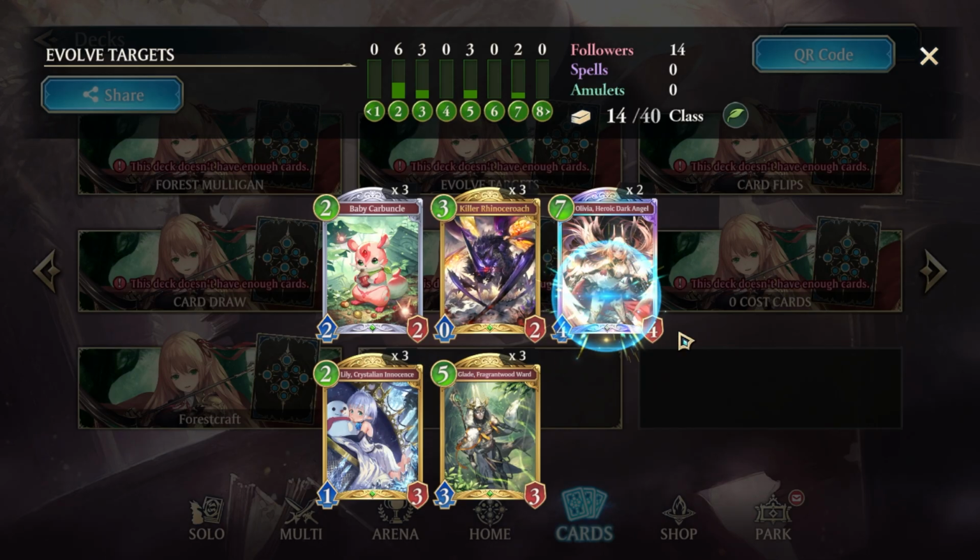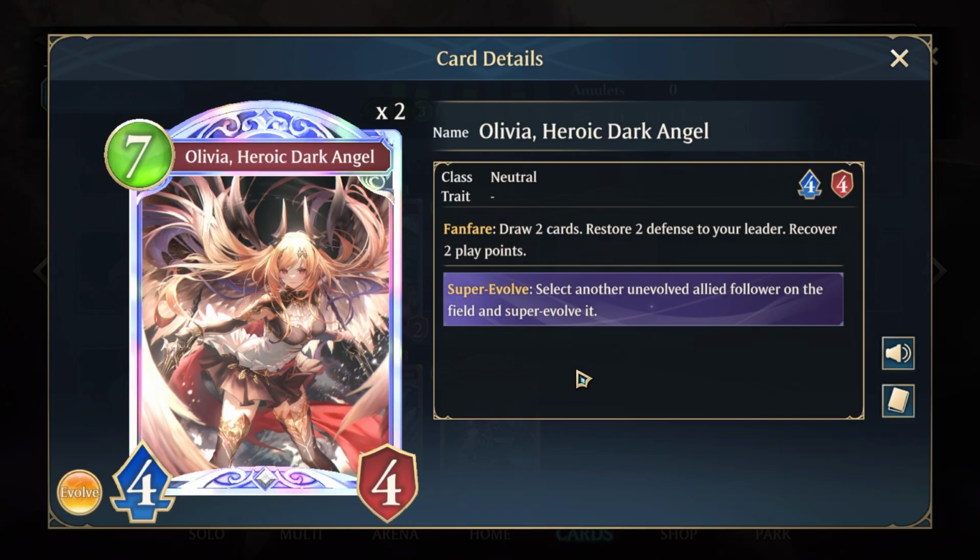Alright, next we have Olivia. Of course, Olivia is really good. It's a 5 mana, draw 2, heal for 2 card. And it also allows you to super evolve your Roach, super evolve your Bale, right? Super evolve, like, literally